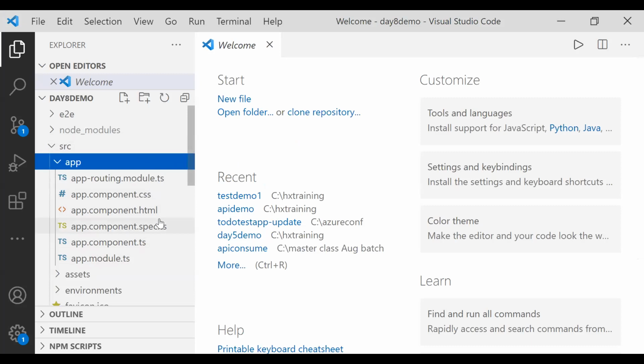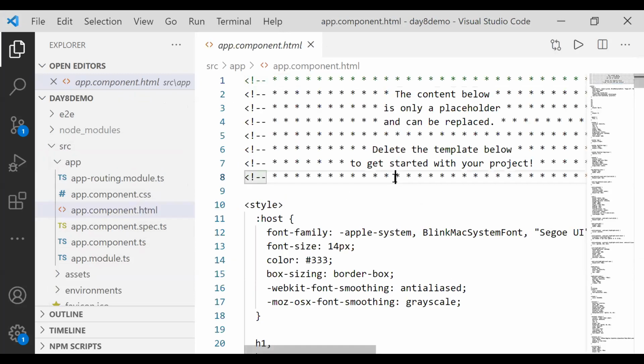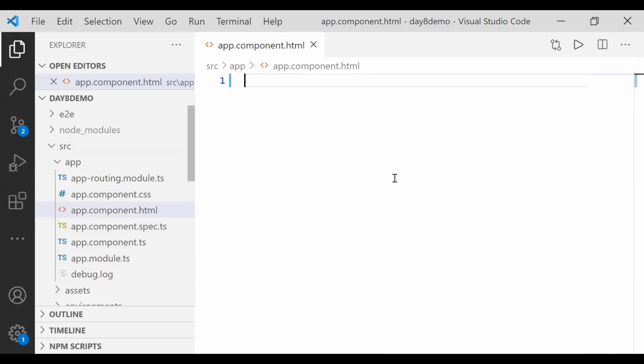I have here app.component.html, so I'm going to get rid of that. All right, and here what I'm going to do, oh, are you seeing my Visual Studio Code? Yeah. So you're going to see my Visual Studio Code. Now what I'm going to do